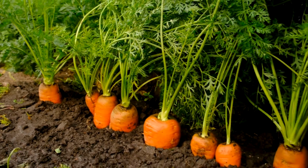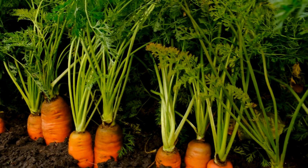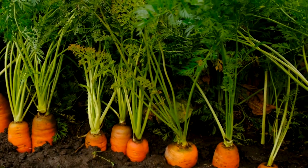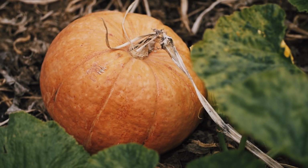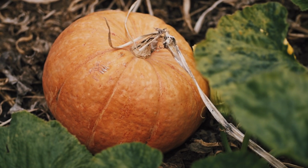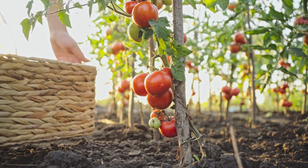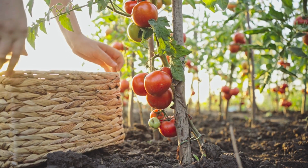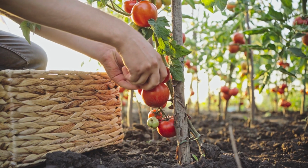Crop rotation is essential for maintaining nutrient balance in your soil, preventing depletion of specific minerals that plants heavily consume. Each plant family has different nutrient needs. For example, leafy greens require a lot of nitrogen, while root crops like carrots demand potassium. By rotating crops in a strategic sequence, for example, legumes that fix nitrogen, followed by heavy feeders like tomatoes, you